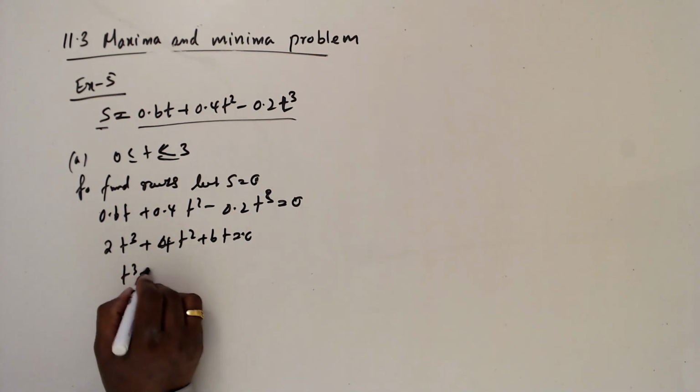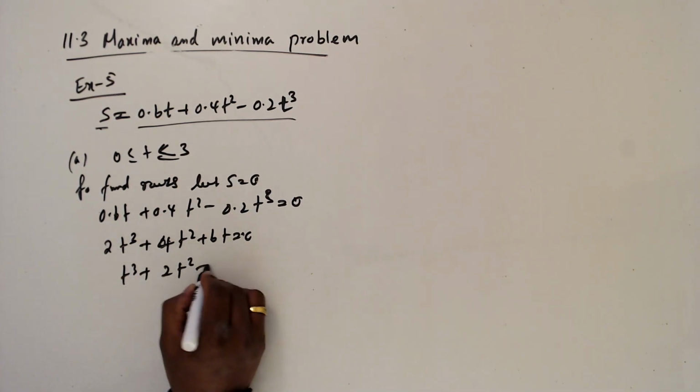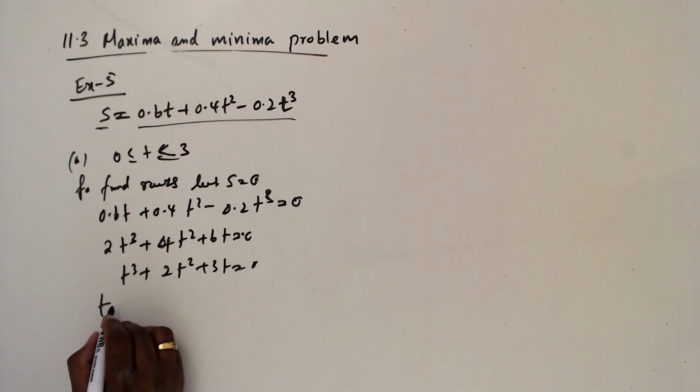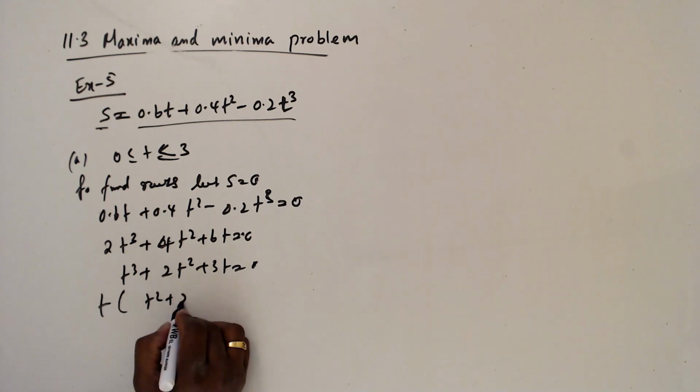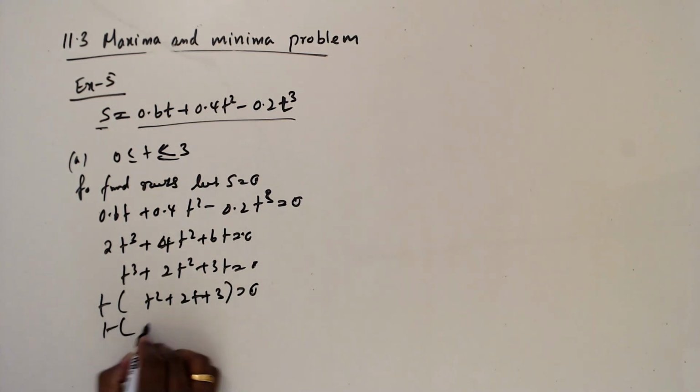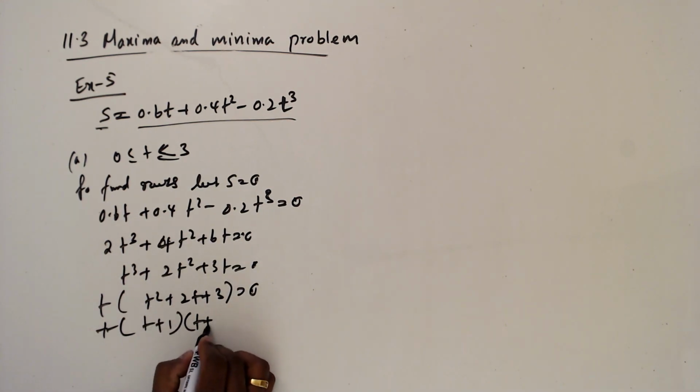So t cubed minus 2t squared minus 3t equals 0. When I factorize, t squared minus 2t minus 3 equals 0. So this is t, and this is t plus 1 and t